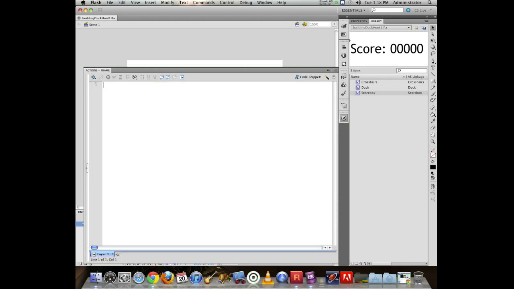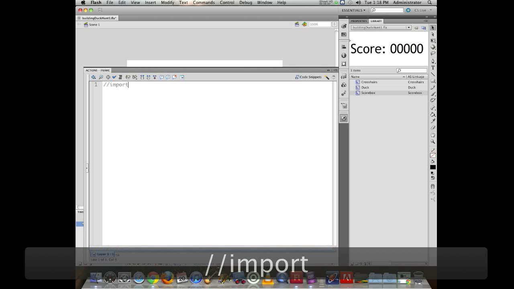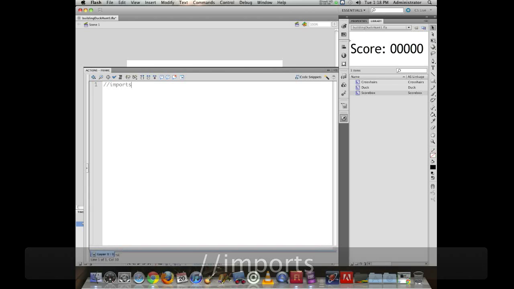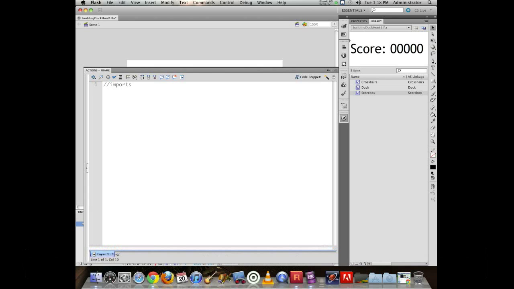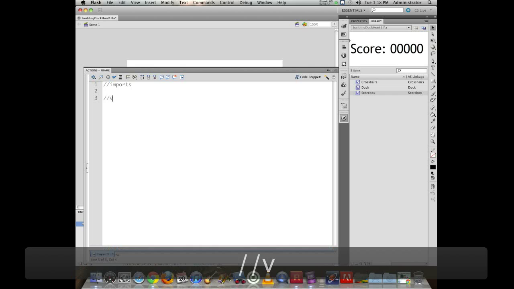Now, just a reminder about this: when you're typing the ActionScript, know that anytime Flash adds import statements into the code, don't delete them, but at this stage in the game you really don't need to worry about them. Just try to always keep them up at the top of your code so you can forget about them. So it's normal that we will have imports, and I created a comment by putting the two slashes. When you're coding, it's very common to make comments in your code so you can understand what's happening a little bit later. And then I'm going to have my variables,